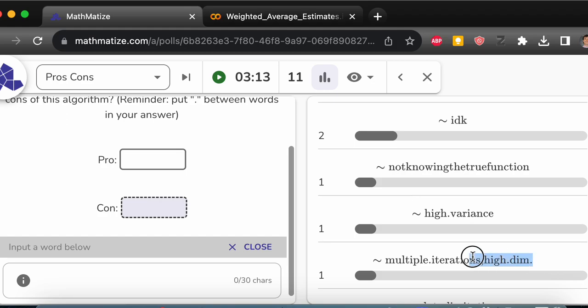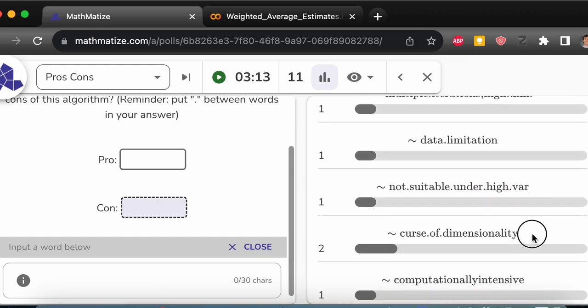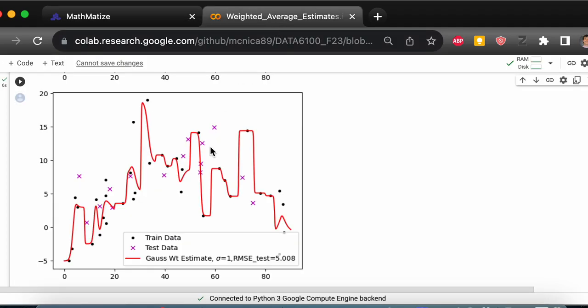Yeah, high dimensions. Okay, at least one person mentioned it. So not suitable under high variance. Maybe they meant high dimensions, the curse of dimensionality. So this is great, and this is the big thing. Even though it's very simple and it works nicely, when you're in high dimensions, this thing stops being as nice